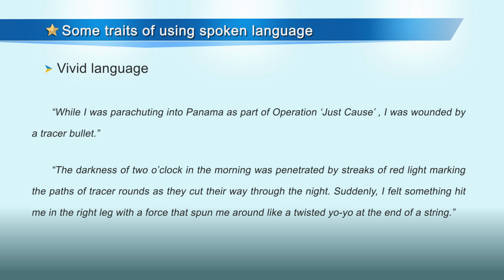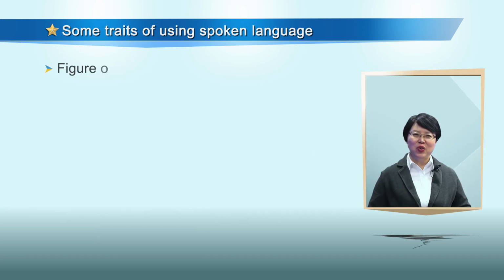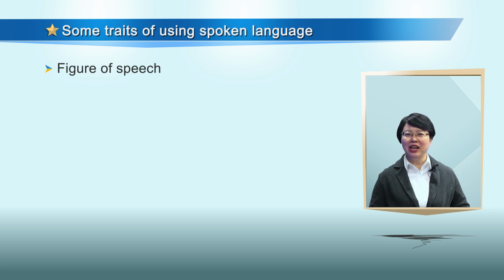Sentence 1 is a simple statement informing just what happened. With vivid language, sentence 2 has a rich sense of picture about the light, time, and body movement when hit by a bullet. As for figure of speech, it can add rhythm and increase your audience's interest. You may often use 2 types of figure of speech: